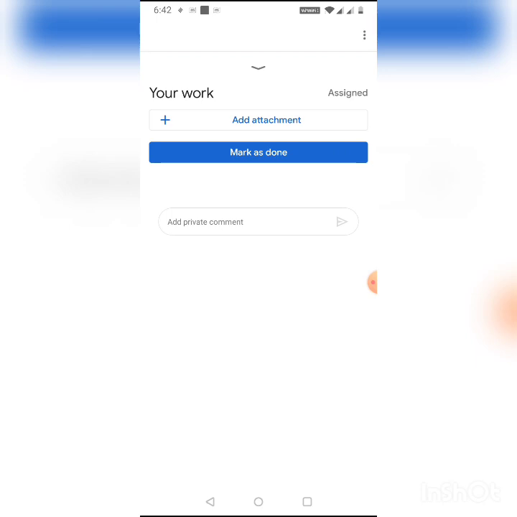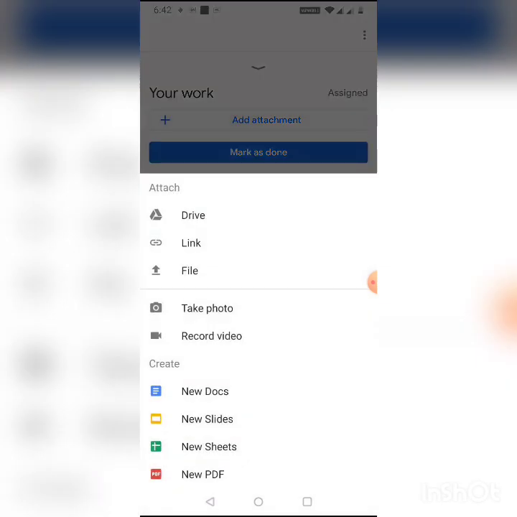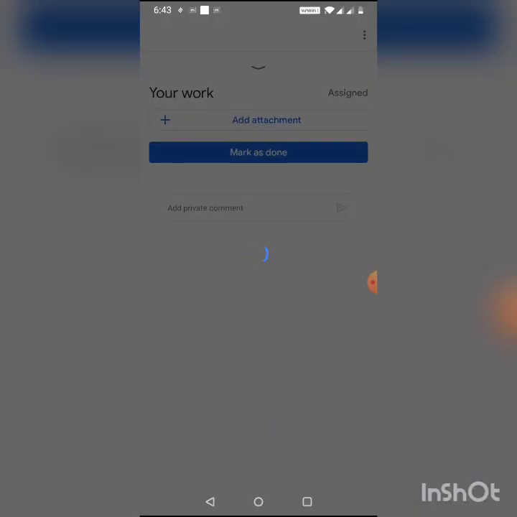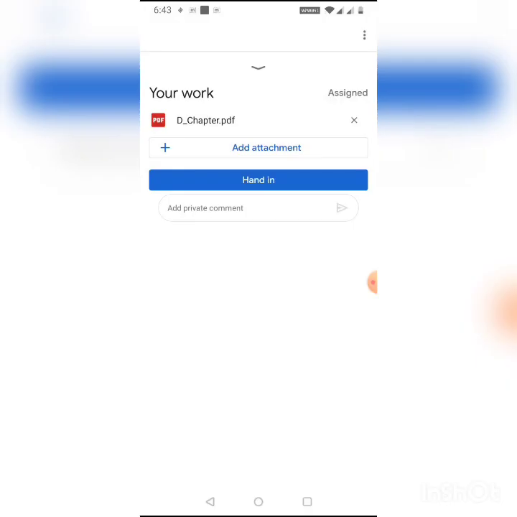I have to add an attachment. I'll press add attachment. Therein, if it is a 1-page document, you can take a photograph, but if it is more, you should send a PDF. As you can see, the third option, file, we'll tap on that. After tapping on file, here you can see I tapped on documents, and I'll be uploading one PDF here. So this might take a second or a minute depending on the internet connection. So as you can see, the PDF has been uploaded.